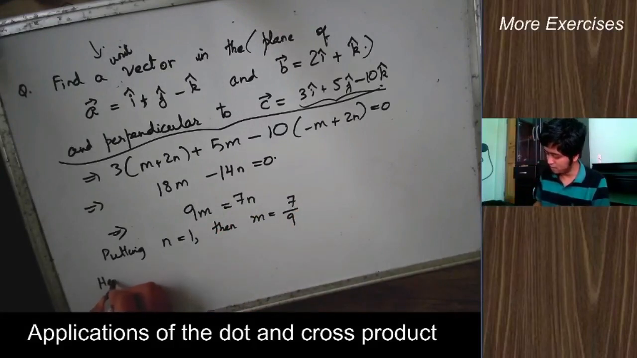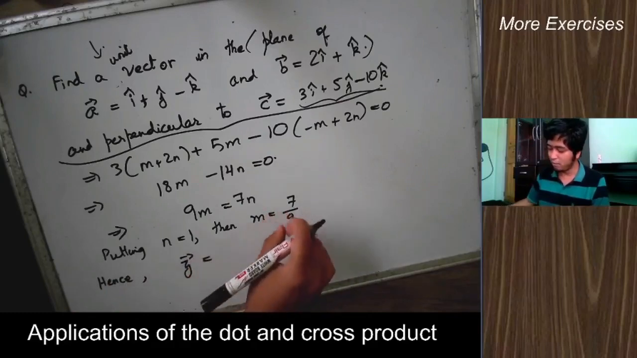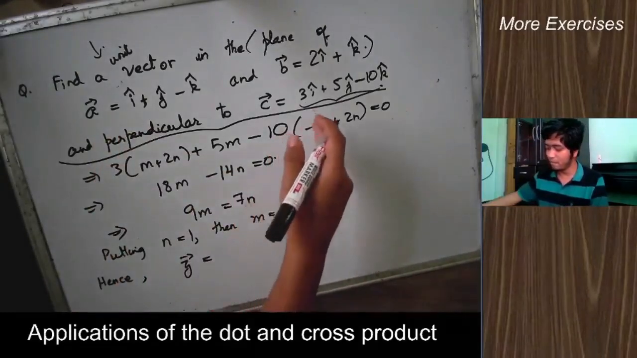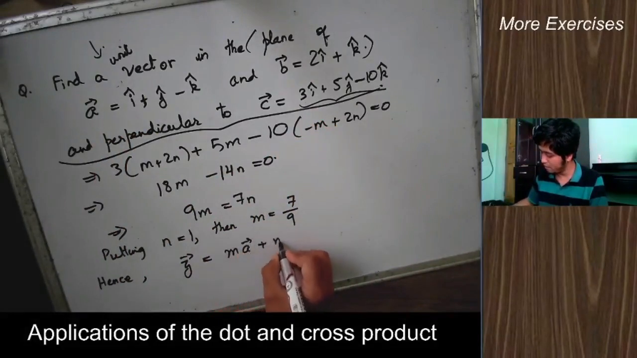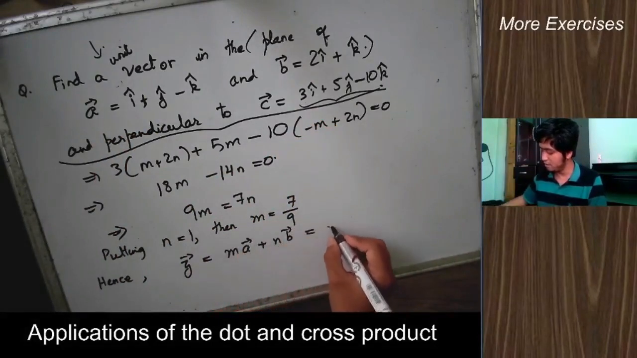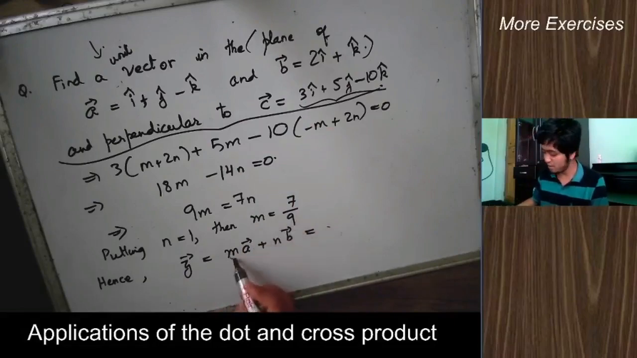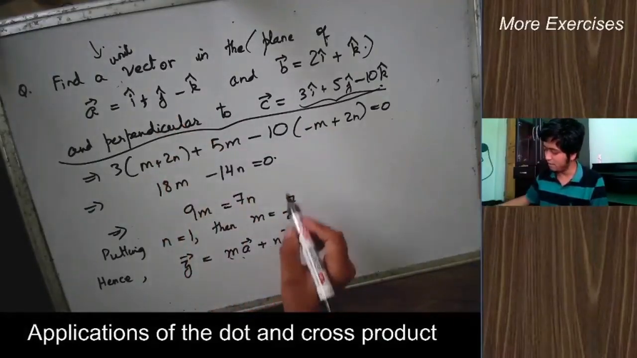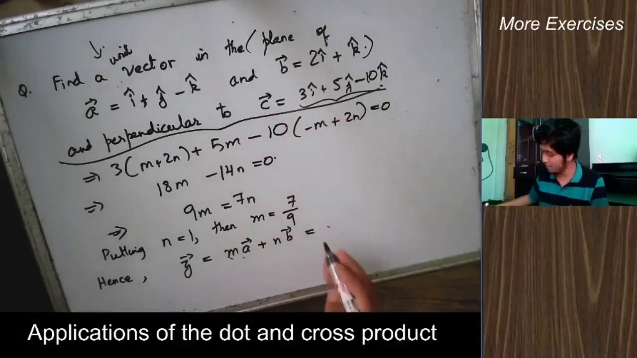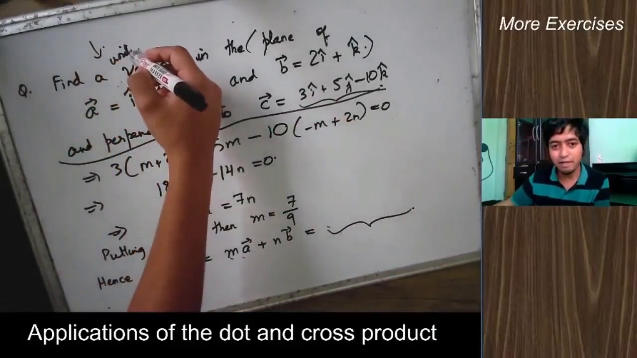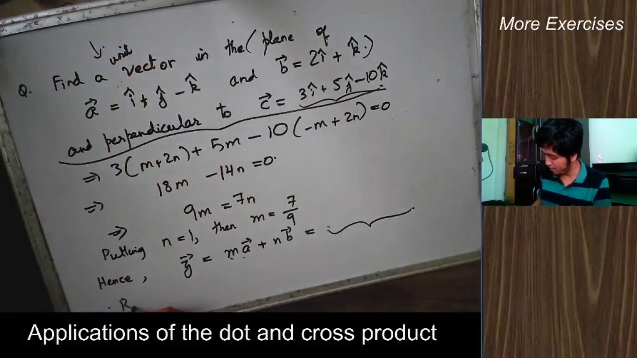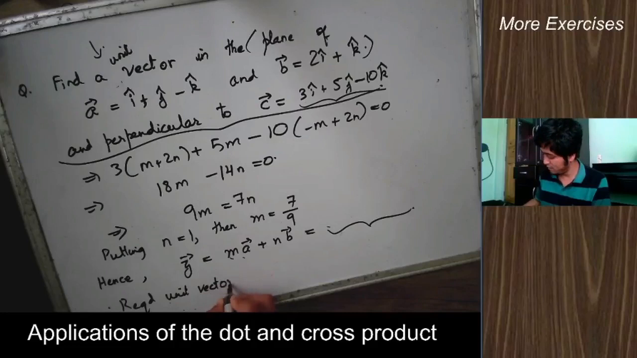Hence, z bar will be m a plus n b, which we can find out. You can do this: substitute the value for m, the value of a, the value of n, the value of b, and then find it out. But over here now we require the unit vector. Therefore the required unit vector is equal to